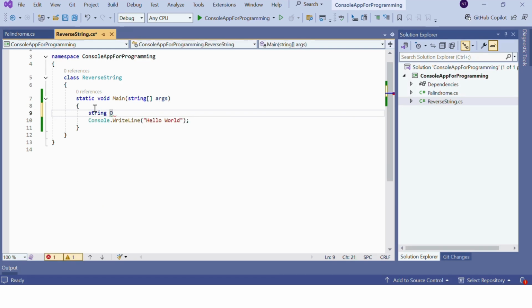with name original str string, and our string will be "good morning everyone". Now next we will do